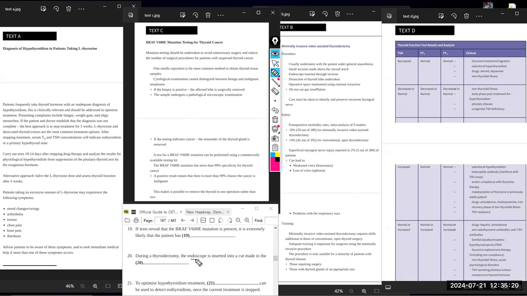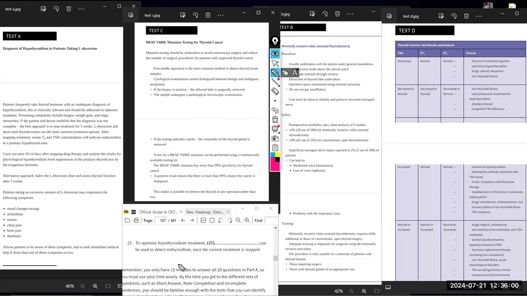So notice endoscope inserted into a cut. The writer didn't mention the words literally. So this is incision, which sometimes means a hole or a cut. And made above the sternal notch. These are the correct words. Even if you want to say above the sternal notch, this is correct. It is completely correct. Now the final question is saying,